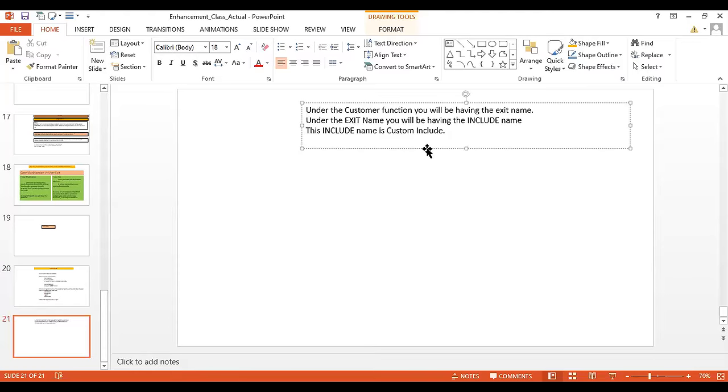So this include name will be the custom include, and because it is the custom include, you don't require any access key from basis people in order to write the code. Okay, you can directly